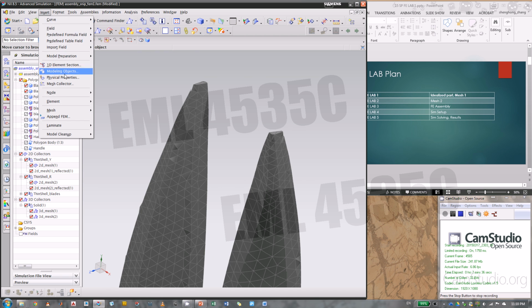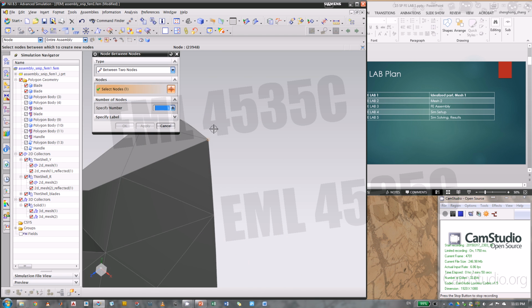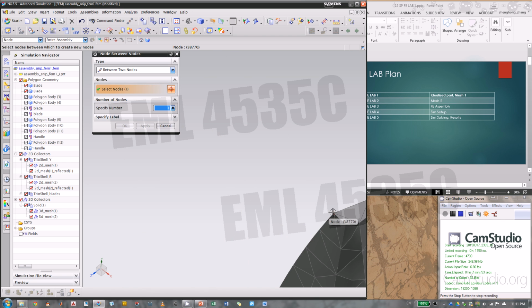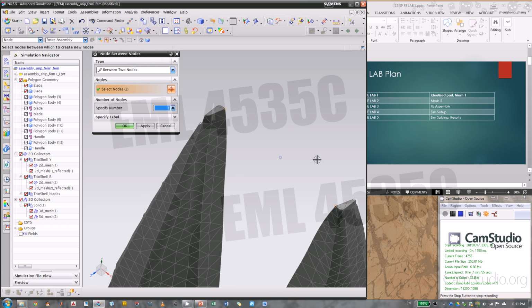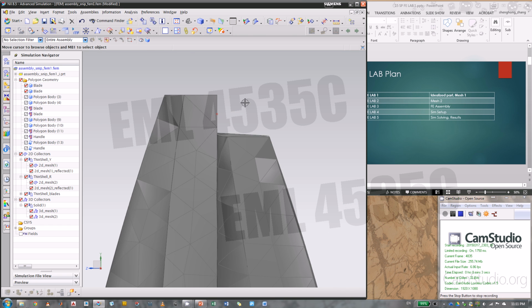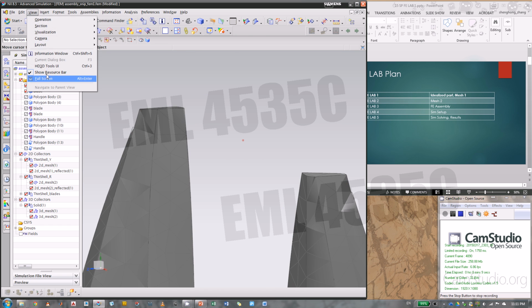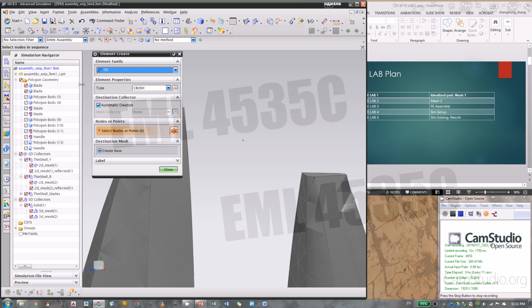So first, let's create the nylon piece or wood piece. We will create a node between this tip and that tip, and they should be on the XY plane. Then that's a node between them. Let's take a look at F8. So they're aligned. Then here we're going to insert a C bar. Insert an element, create a 1D C bar element,